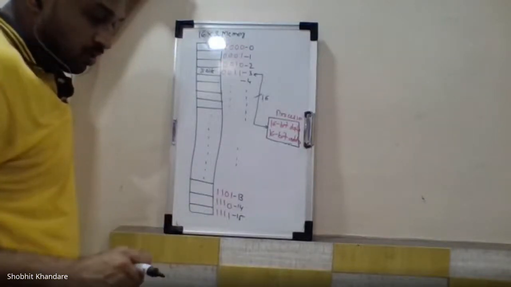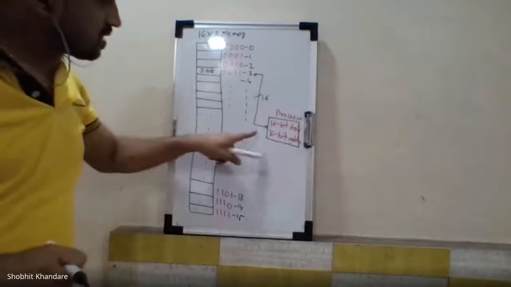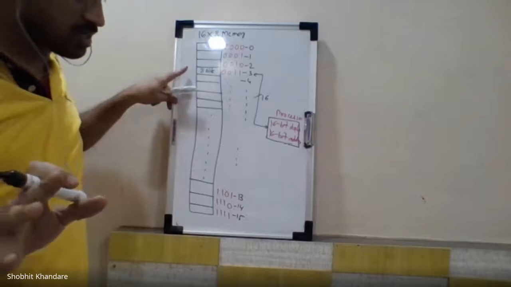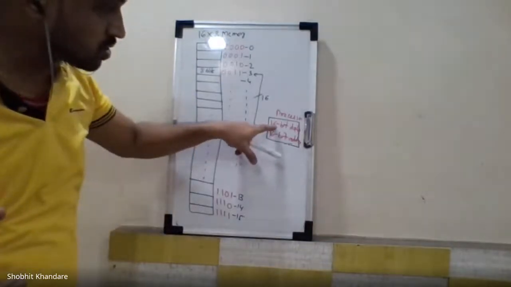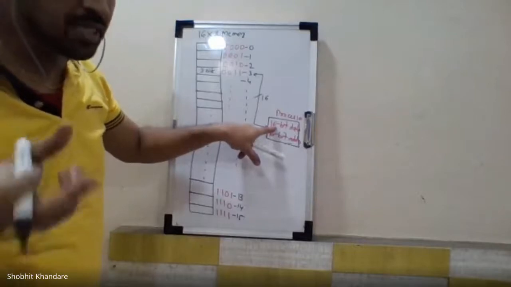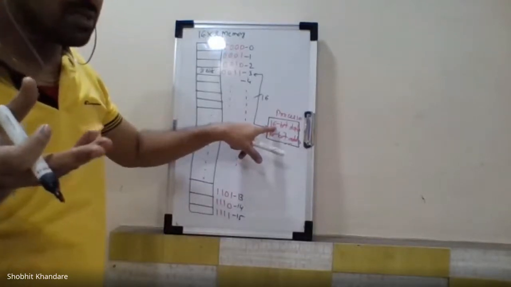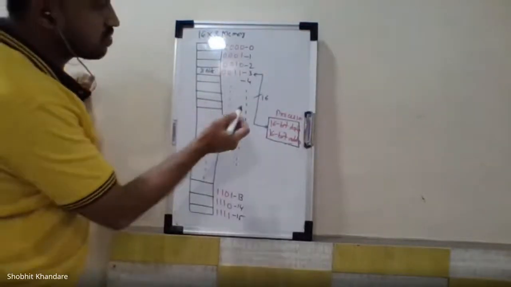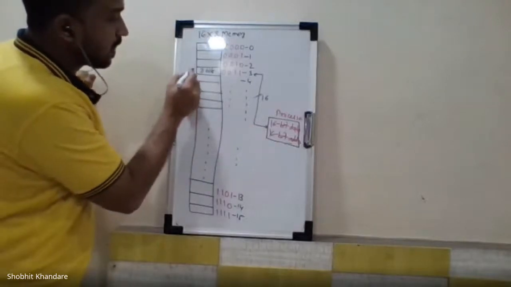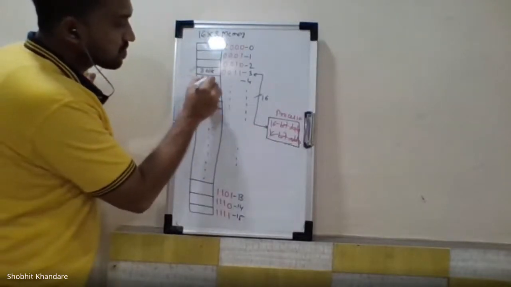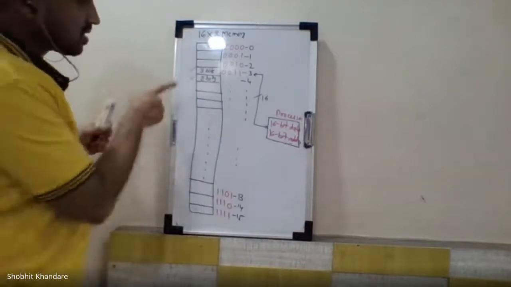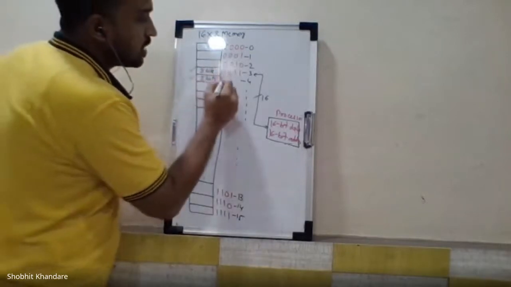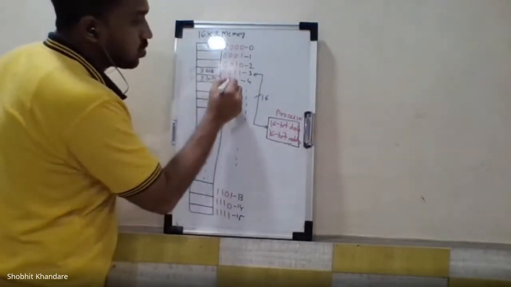So we have accessed 8 bits, and if I want to access 8 bits, it is okay. But what if I have to access 16 bits? Because this processor is 16-bit, that means the data bus size is 16 bits. Now your 16 bits are here and the next 8 bits are here. That means the first lower 8 bits are at 0011 and the next 8 bits will be at 0100.